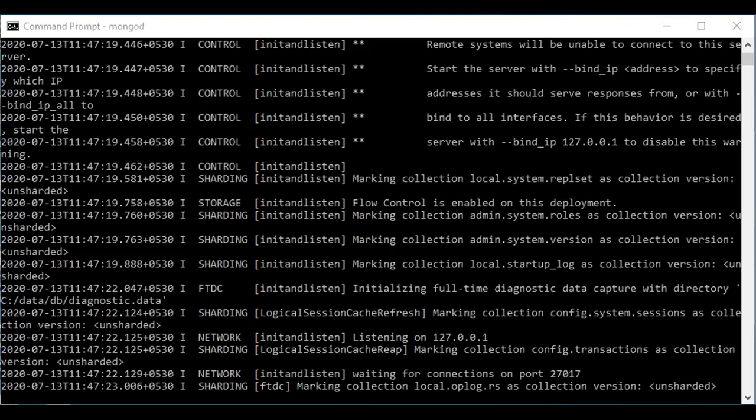Now suppose you wish to switch to any of the databases that have already been created. Suppose we want to switch to KK, then we will write the command use KK. It will switch to KK. Now suppose we want to check whether we are in the active database KK or not, then the command is simply db. This db command is used to check which database is currently open.